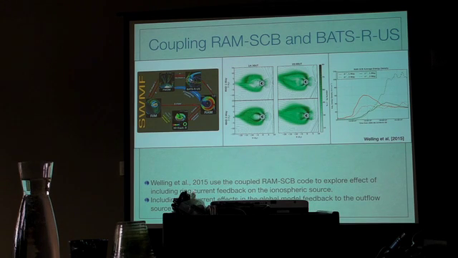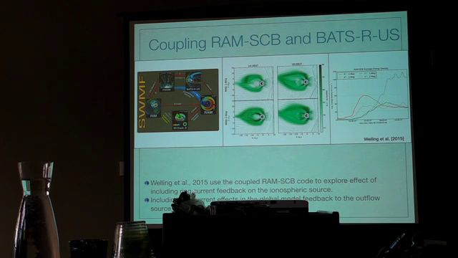And when they had one-way coupling with the ring current, no feedback, they got one solution for the outflow, and they got more outflow when they included the ring current feedback. In fact, they also got more O+ into the ring current, carrying the energy density, when they include the feedback. So ultimately, this is really a coupled system. You change one piece, and another piece that you think probably isn't related will also change. So, there's a lot of reasons to go to this coupled